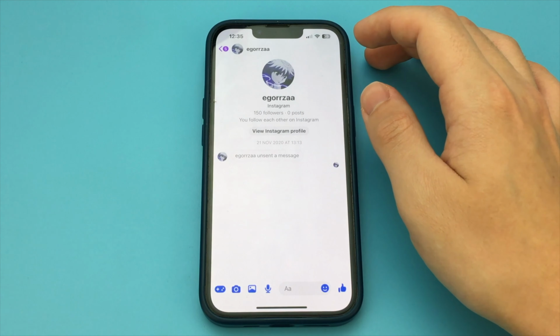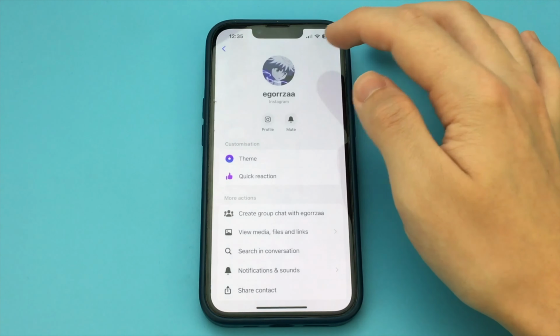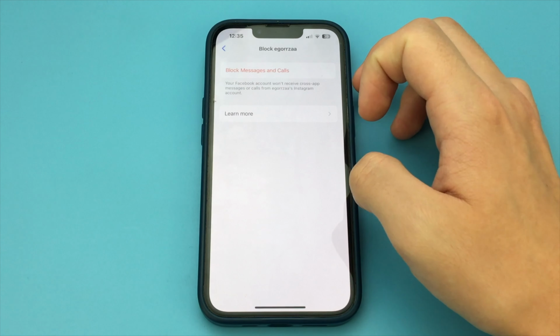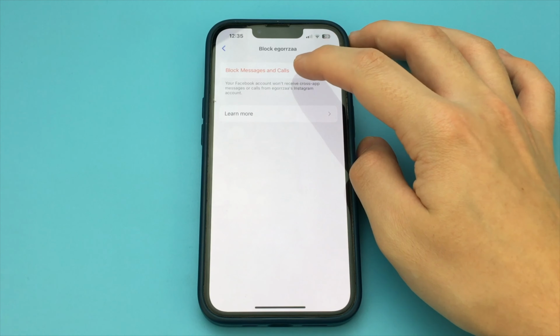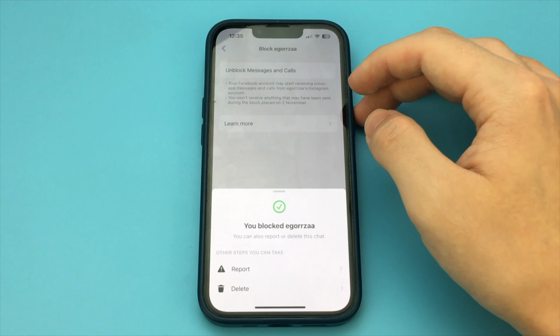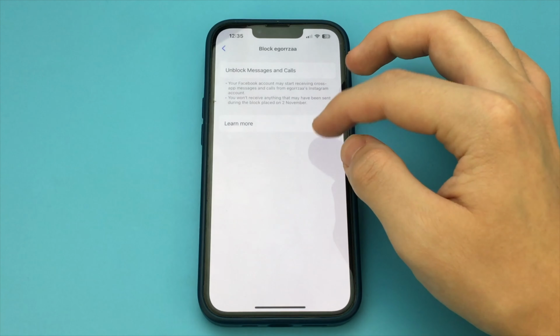See, for this you just need to go to the Messenger application. Now here you open the item chats. Now here we find the person we want to block. We select here this person, for example. Now we click here on top of the profile. Go a little bit lower, we have here the item block.